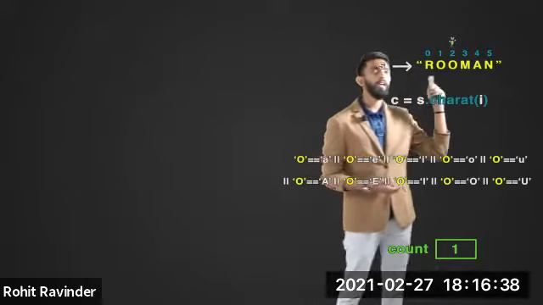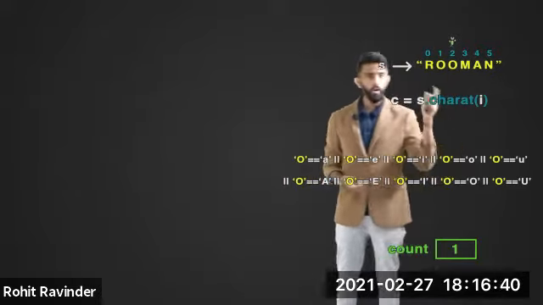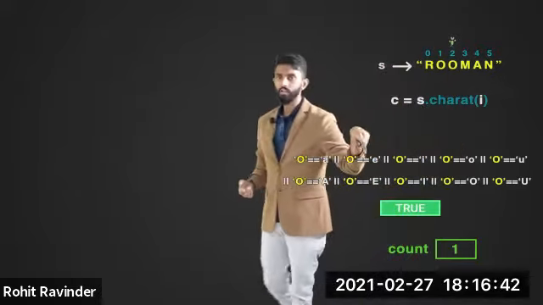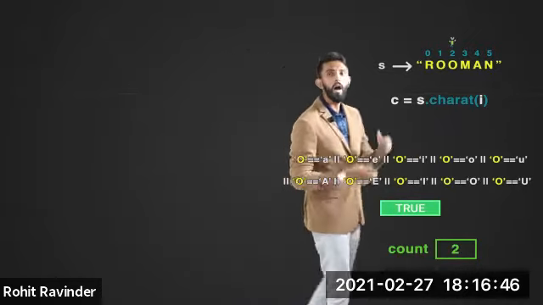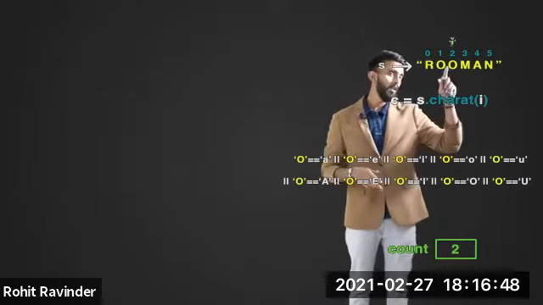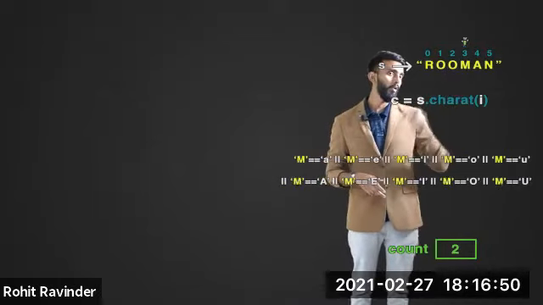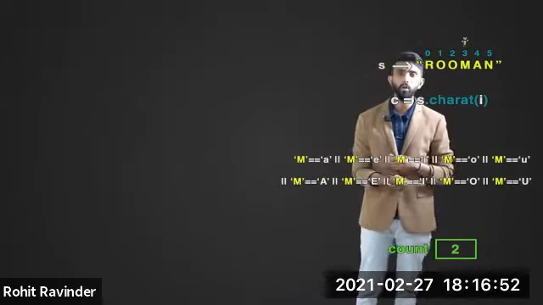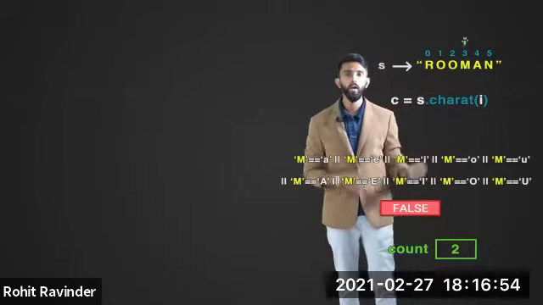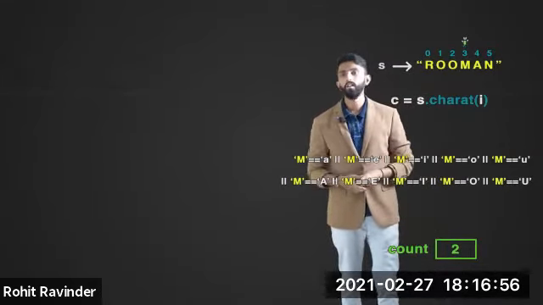After I moves forward, what you have to do now is take the next character, which is O. Again, check, yes, it is a vowel. Increment the value of count. Value of count becomes 2. After which, this is done. Now you have to move I forward. Next, M you will get. Obviously, M is not a vowel. You are going to get false. Count will not increment. That is done.